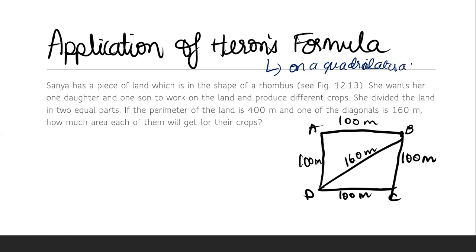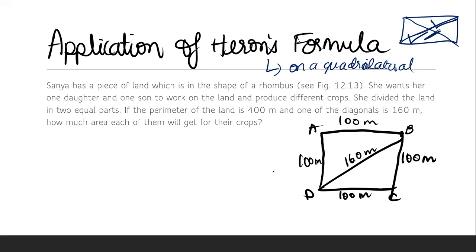Let's see that. Suppose I have a quadrilateral as such, which is right in front of you. I can divide any quadrilateral into two halves through its diagonals, either by this diagonal or by this diagonal, isn't it? Then I can find out the area of this triangle and add it together, and I will get the area of the quadrilateral. I can find out the area of the quadrilateral using Heron's formula. That is the whole point of application of Heron's. So we divide the quadrilateral into two, find out the area of one triangle and the other triangle, and add both the areas together to get the area of the quadrilateral.